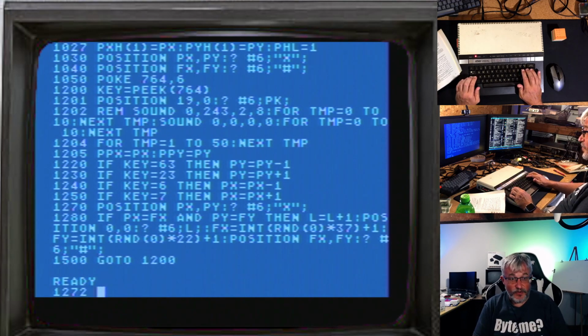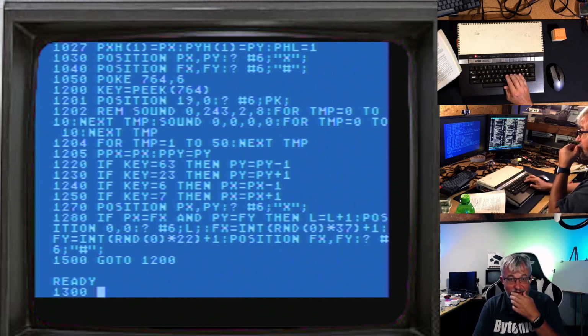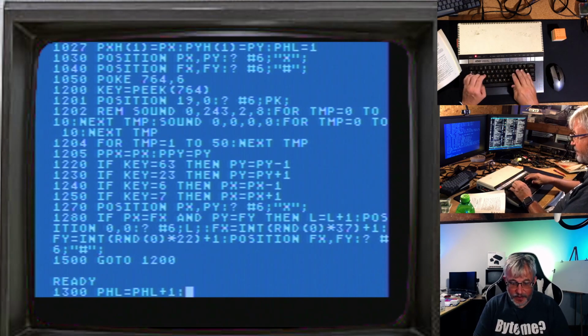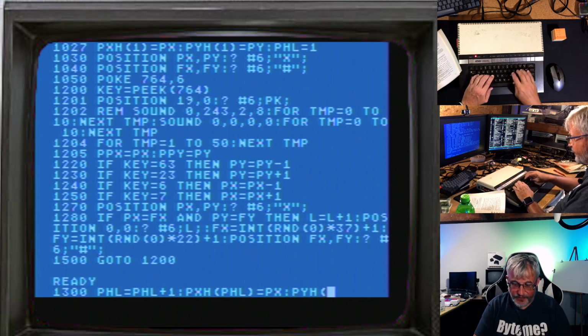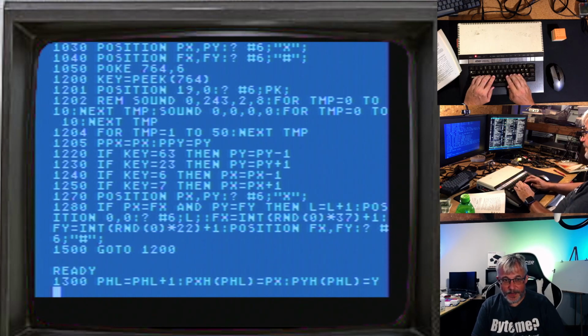Because every time we move, we need to increment fill. Store player X history for fill. Player Y history at fill. And then